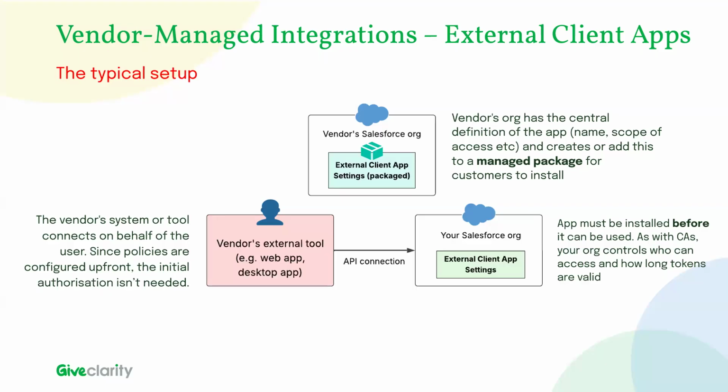And there's the other key difference: as I mentioned, there's no equivalent of setting the app up by authorizing it to your org. The app is either in your org or it's not. If it's not, you can't connect through that app. If it is installed through a package in this context, then the policies that are set up for that external client app apply. So that app needs to be there before the external tool can be connected.